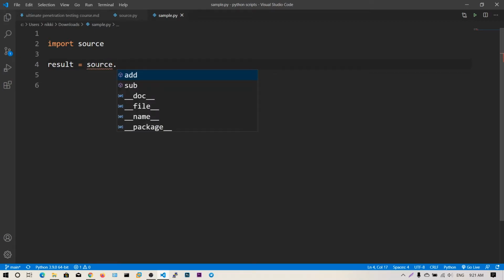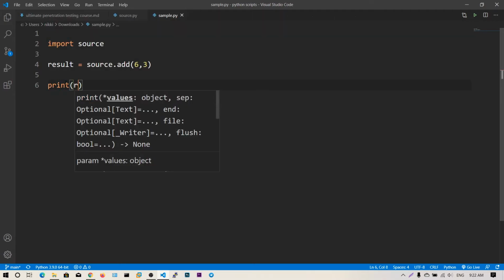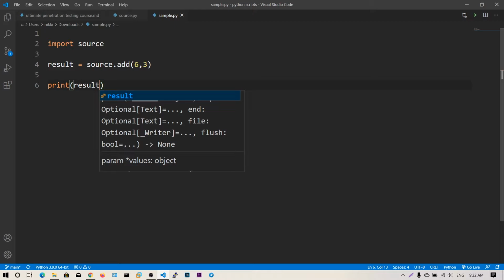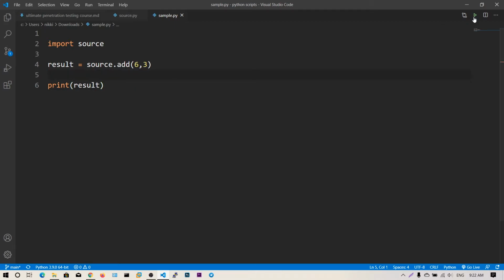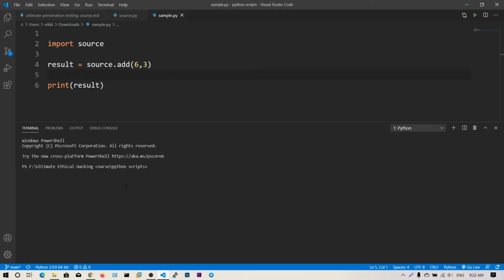You can see when I press the dot, there are addition and subtraction functions. You can just say add and open brackets, and pass some parameters, let's say 6 comma 3. Now I can just print this result. As you can see, the output is 9, because 6 plus 3 is 9.